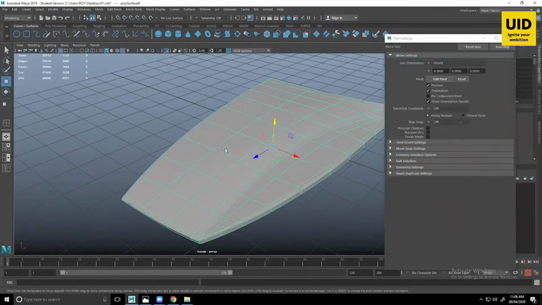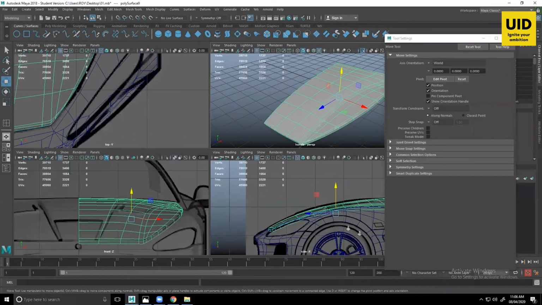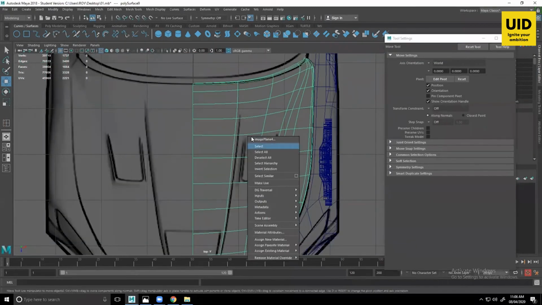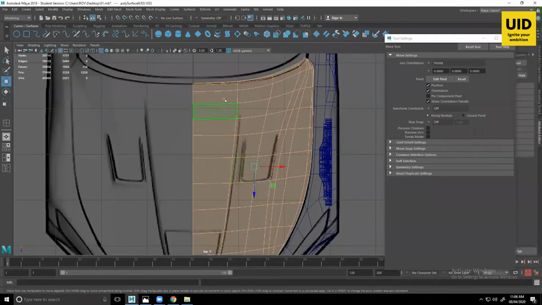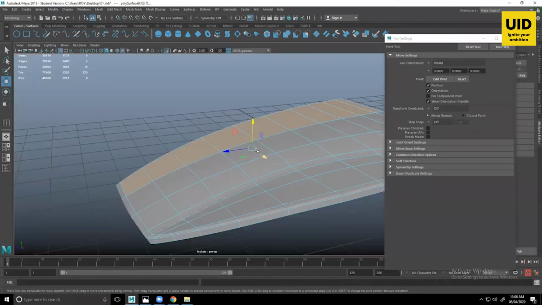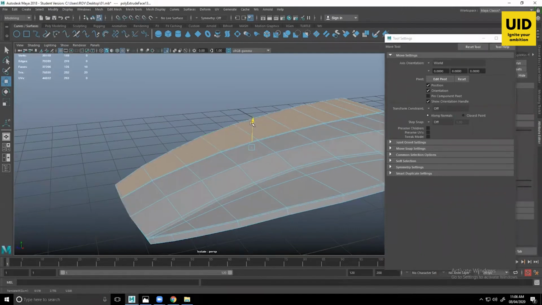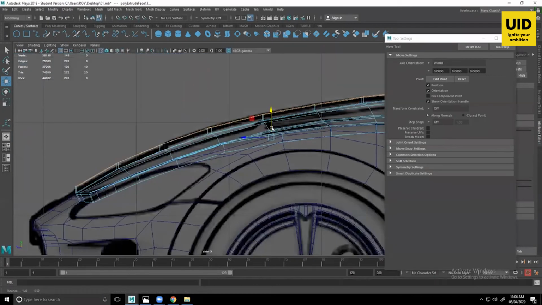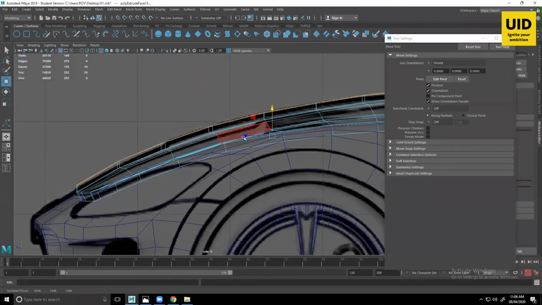Okay, I'll go to my top view and let's see. I'll select all of my faces from here to all the way here. Extrude them. Control E. Press 1, because if you press 3 it will show in smooth view, so press 1 and take it straight up. Let's check in our front view how far it needs to go. Let's say up to here, and let's tilt it a little toward the front to maintain the edge flow.